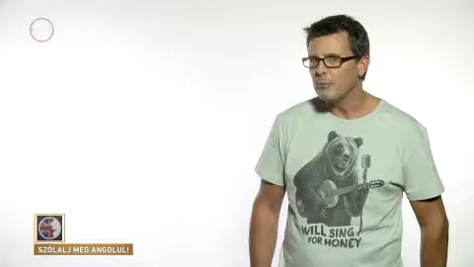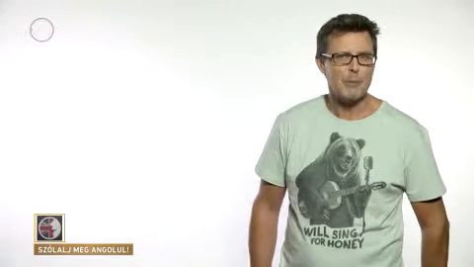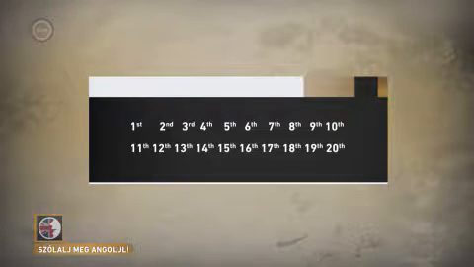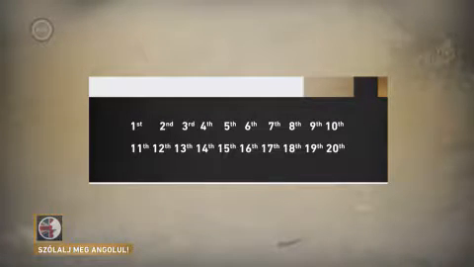Take the cardinal number and add th. So, let's check those ordinal numbers. First, second, third, fourth, fifth, sixth, seventh, eighth, ninth, 10th, 11th, 12th, 13th, 14th, 15th, 16th, 17th, 18th, 19th, and